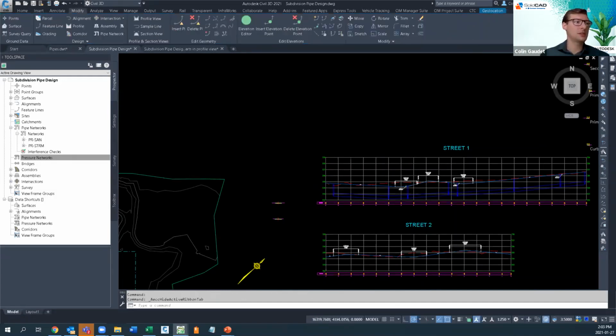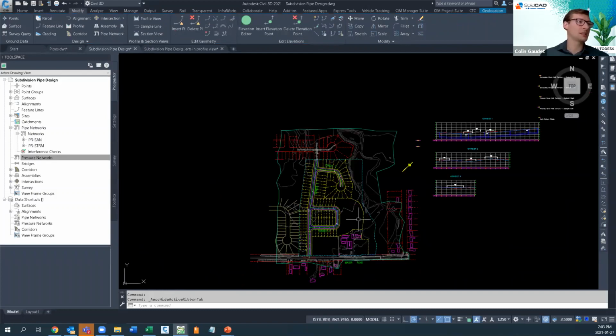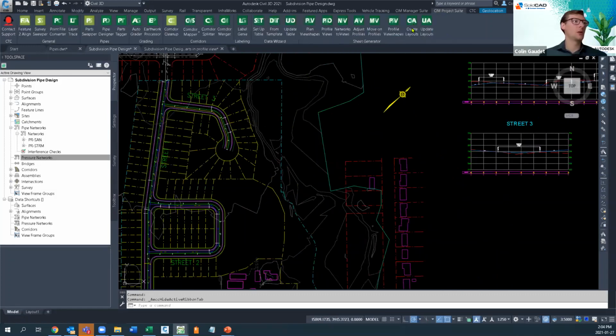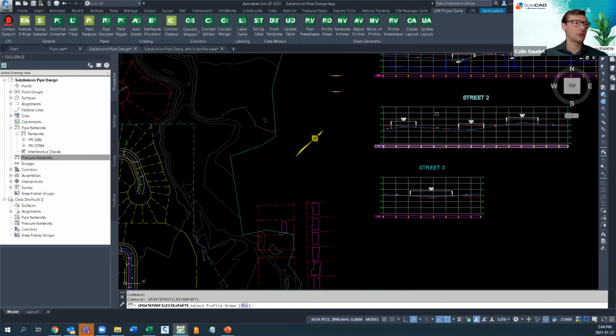Another nice way to do this is going to be addressed in another webinar, but let's talk about the Sim Project Suite. We've got the sheet generator workflow. One of the tools in there is networks to views. This is really handy because I can select it, select my profile view, so street 2,